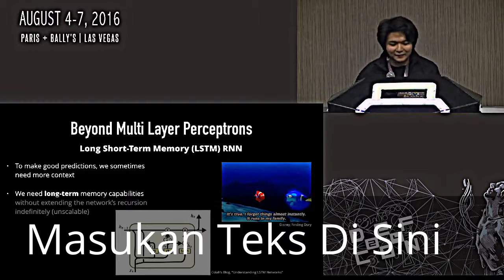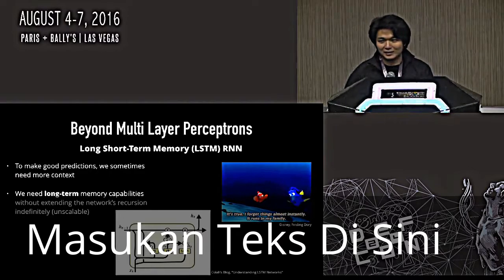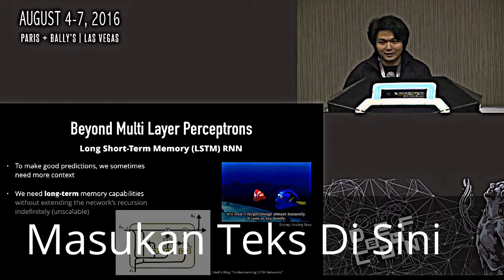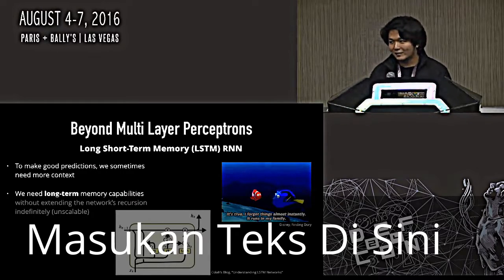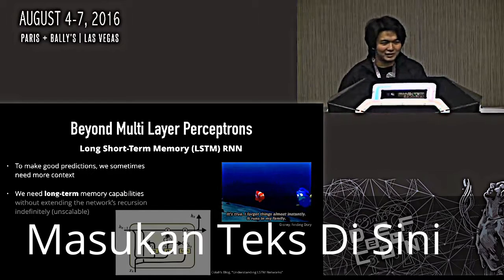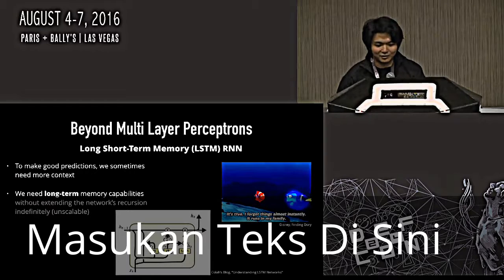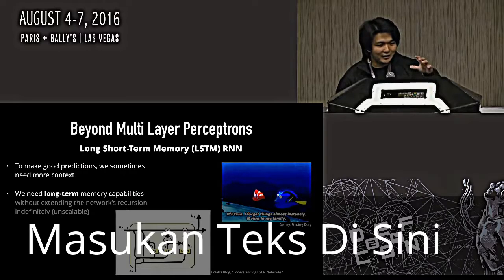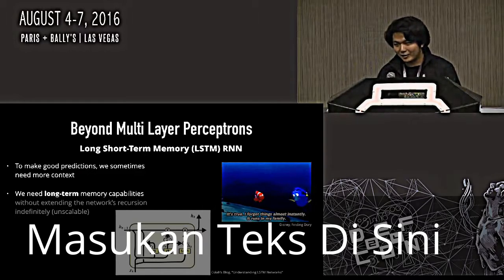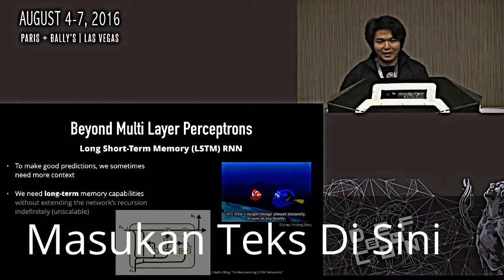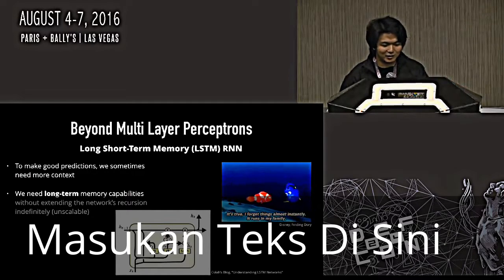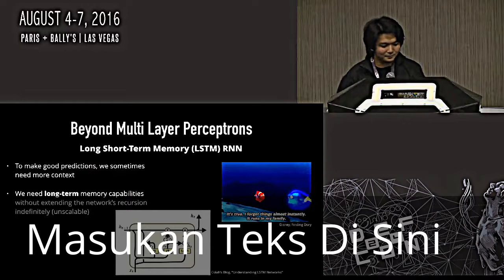So there's also stuff that's more on the cutting edge. This was actually used to a certain extent in AlphaGo: long short-term memory. When you're looking at things with slightly more context, but you don't want to scale the depth of the network or the depth of recursion indefinitely, then you want to use LSTMs, long short-term memory networks, because this allows you to arbitrate longer-term data to store for a longer time, and not just have a single FIFO queue that you store your memory in, because that's not how we learn.